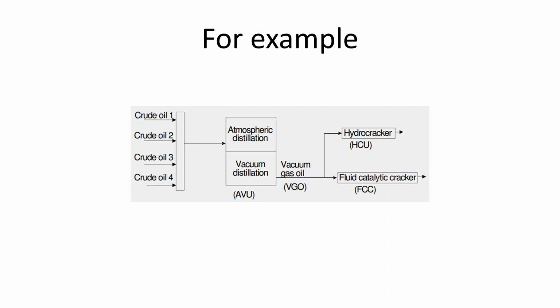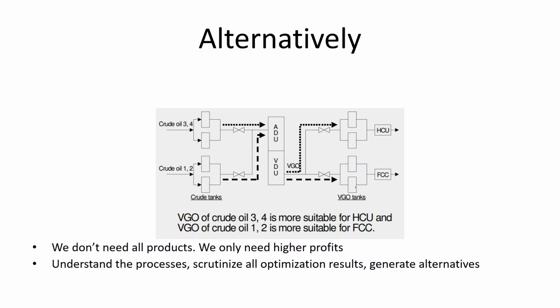So we cannot just simply say, for example, if they want to have this by 10%, that means we have to increase this by 10%. That is the alternative that I mentioned. But in this case, once we understand how the plant works, we can play around with how much of the vacuum gasoline goes to the hydrocracker, and how much goes to the fluid catalytic cracker. Because in the end,